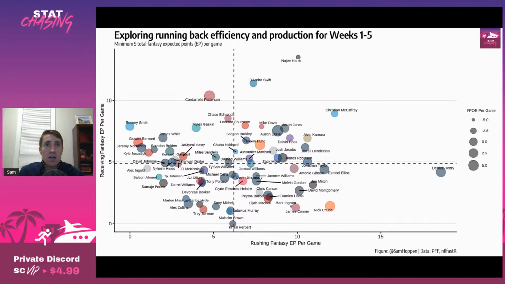I mentioned earlier that Gaskin led the league in high value touches. Well, second place this week was Devontae Booker, who was tied with Austin Ekeler for 8 on the week in relief of Saquon Barkley. I think with so many weapons depleted for the Giants, Booker is probably this week's top add if he's available, even if Barkley is only out a couple of weeks.